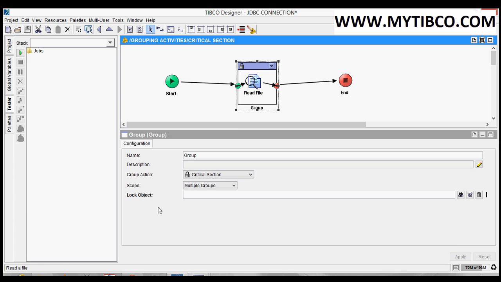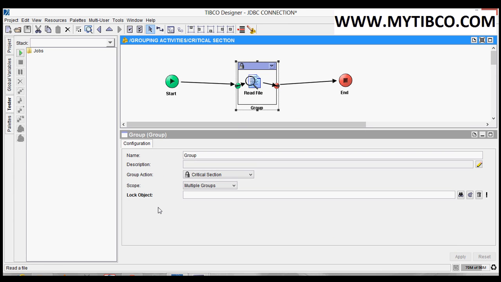If you want to synchronize these two engines on different systems, then we have to give the lock object, so that when a job is trying to read this file, a lock will be switched on. After reading and the job is done, it will release the lock, so that another job can acquire the lock.